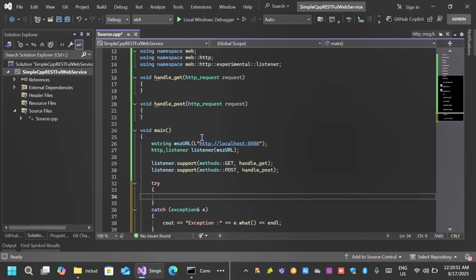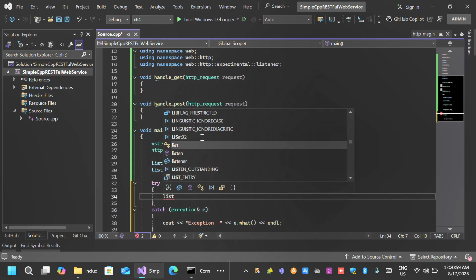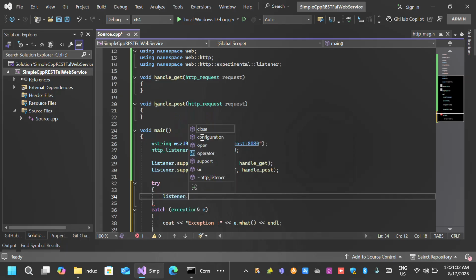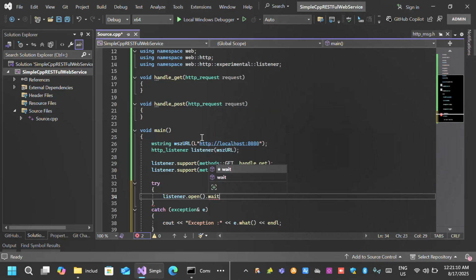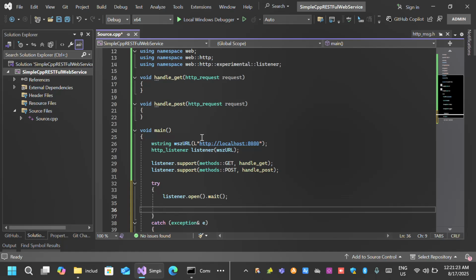Now inside the try block, we start listening to the URL. Since open is an asynchronous call, we give wait till it completes this open. And once the open is initiated, it will come out. So we need to wait for the